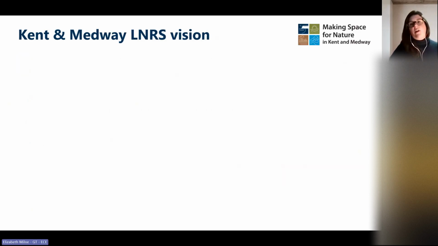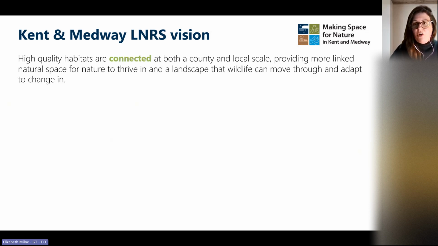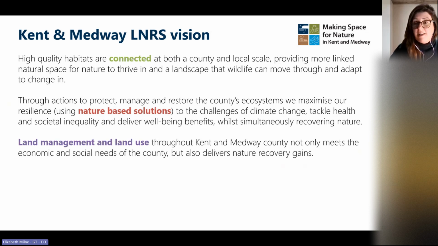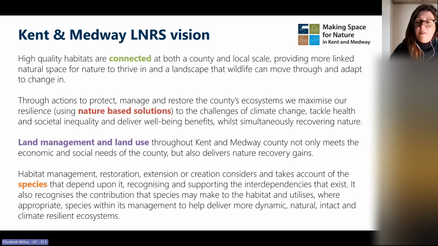When we started reviewing the outcomes, there were clear emerging high-level ambitions that centred around broad habitat groupings. So we use these high-level ambitions to create 10 ambitions that together give us our nature recovery vision. And under each of these sit more specific priorities, and many of those specific priorities drill down to specific habitat types. So the ambitions focus on increasing the functional connectivity of high quality habitats, increasing the use of nature-based solutions, land management and land use increasingly being used to deliver nature recovery gains,